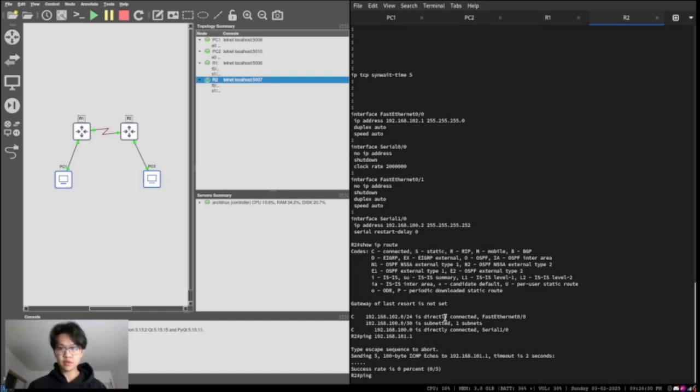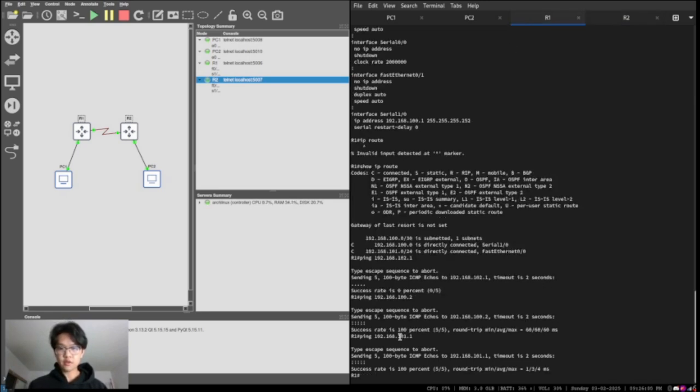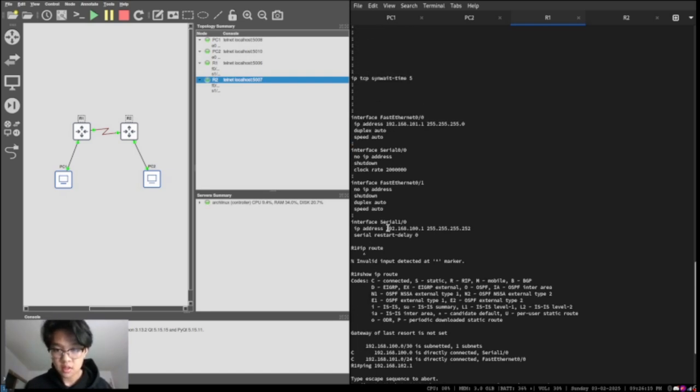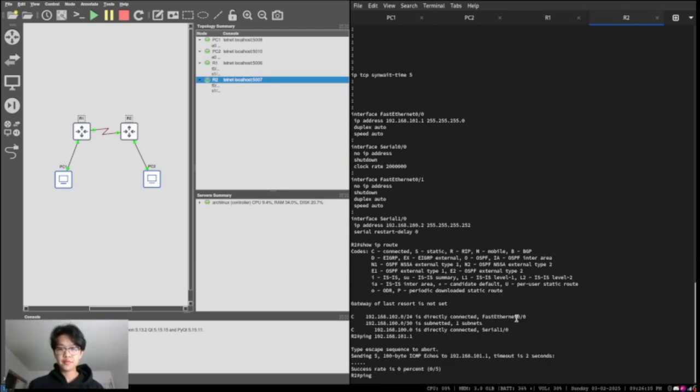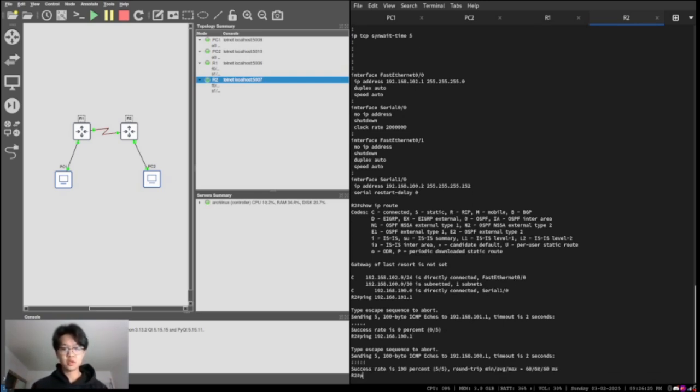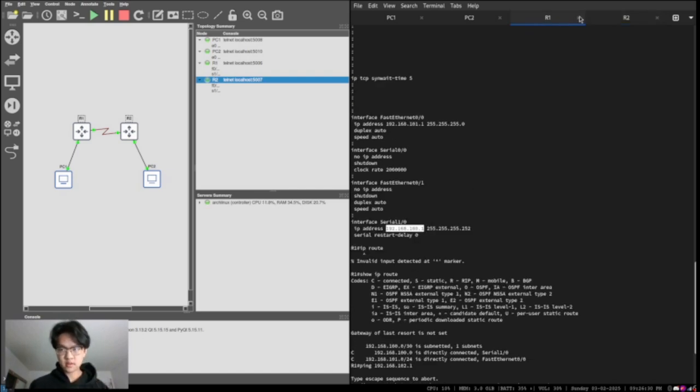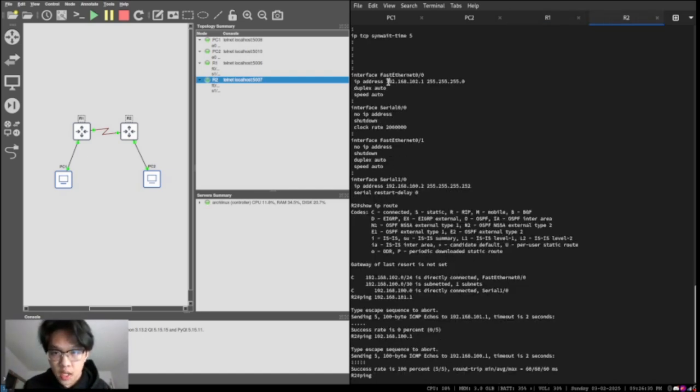But if we ping, let's say, if R2 pings R1, let me find the IP address real quick. Right here. So if R2 pings R1, it works. And if R2 pings its own FA interface, which is right here,